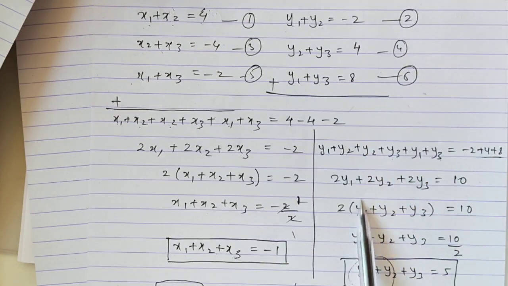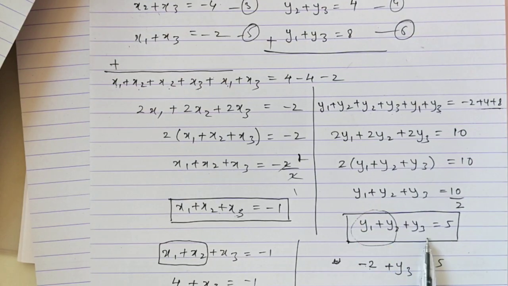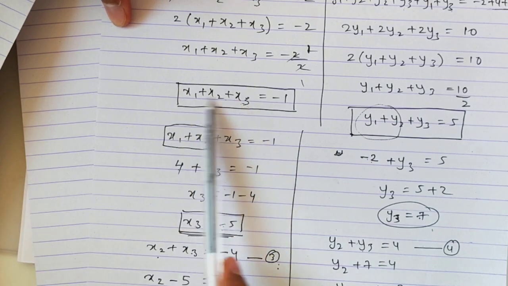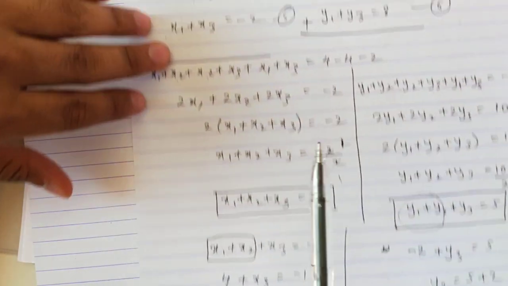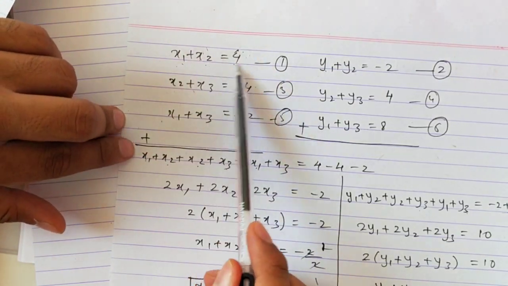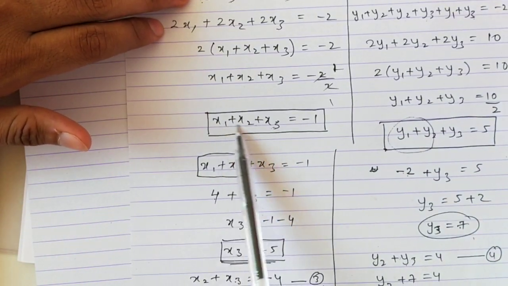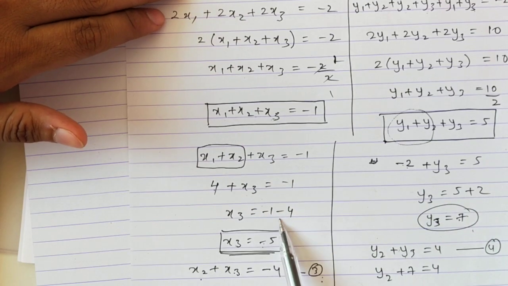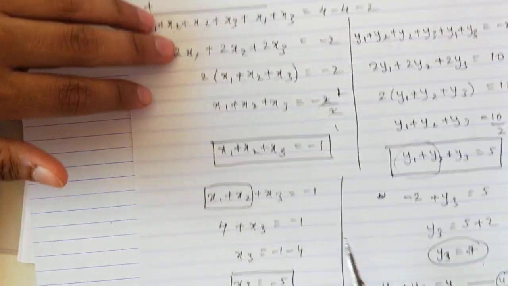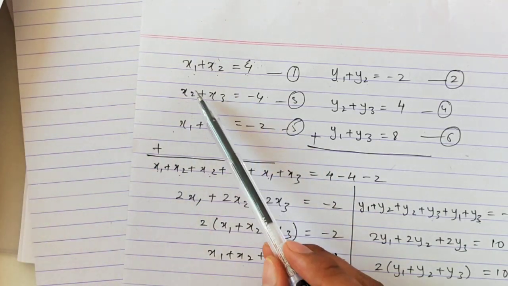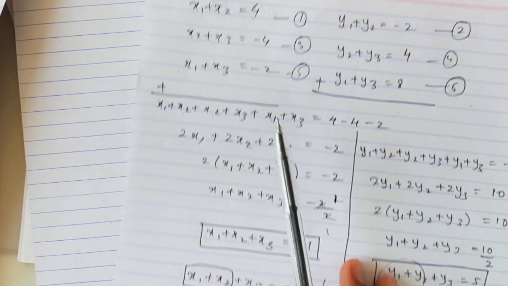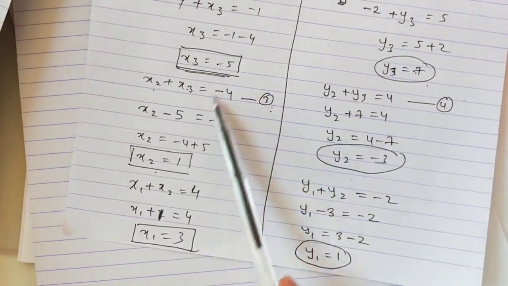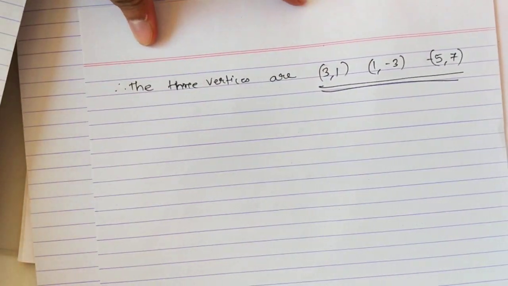And we added here also, we got this 3 variable equation. Then using this 3 variable equation, I knew that x1 plus x2 is 4, because I have this 2 variable equation here, x1 plus x2 is 4. So I substituted this value here and I found x3. Once I found x3, I can use any of these equations to find the remaining variables of x. So this is how I did for y also, and finally I got all the 6 variables which were unknown, and this is my final answer.